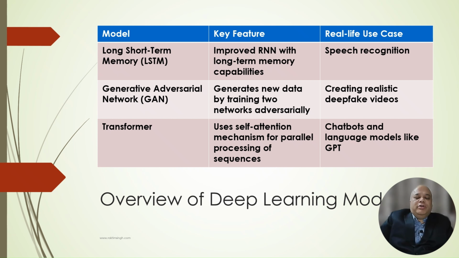done. Generative adversarial network. Now, this is one of the important things which came in 2014, and here two models are there. One model tries to create an image, and the second model tries to figure out the problems in that image. Based on whatever objection is raised by the second model, the first model again tries to improve on that, so that way new data gets generated. We can say the word generative was used for the first time in 2014, and it tried to create realistic deepfake videos.